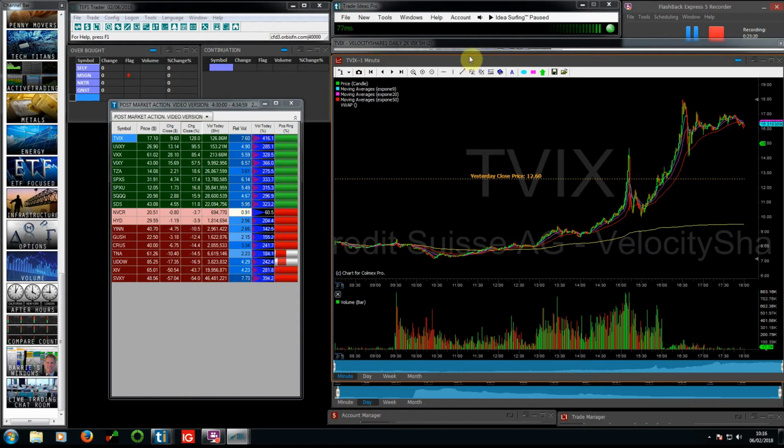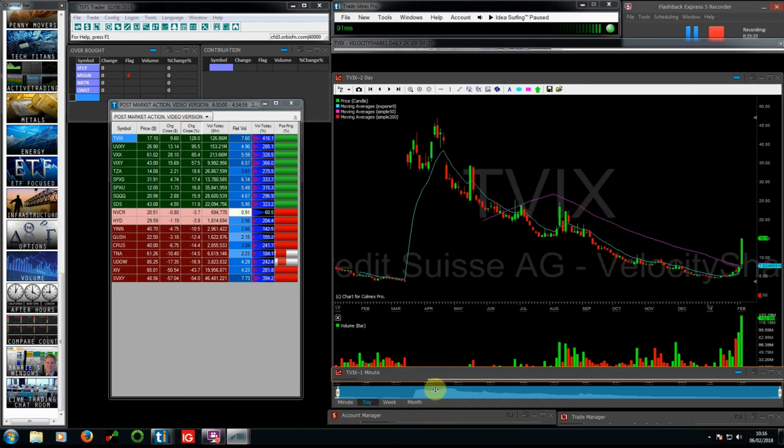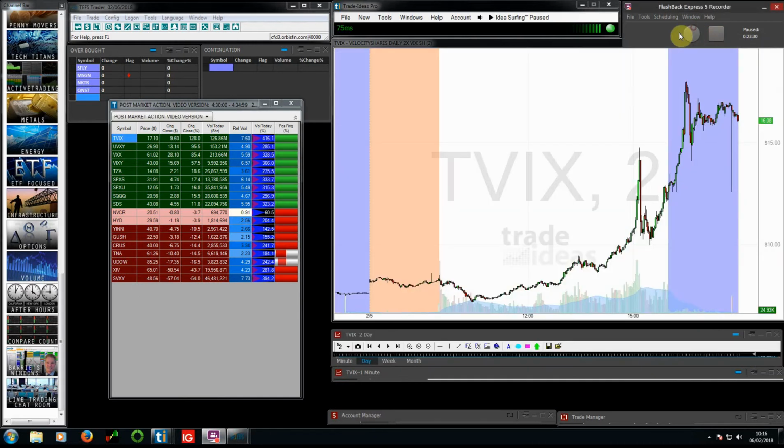Why don't we reduce these down for now? Sorry, let me just. There we go. We'll use the one we shaded on this, so it will show us what's going on pre and post market. Although in this it's probably not the best instance because they're all volatility indexes, it's just good to show you what was going on after hours, especially during earnings season and that kind of thing. So if you know that things that you're watching have been reporting after hours earnings,